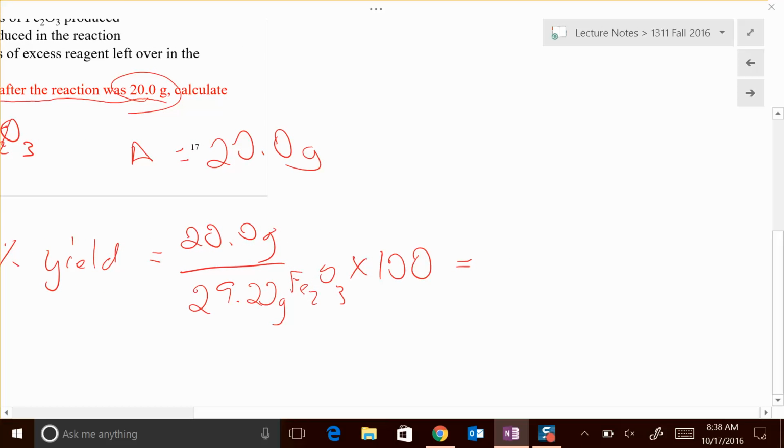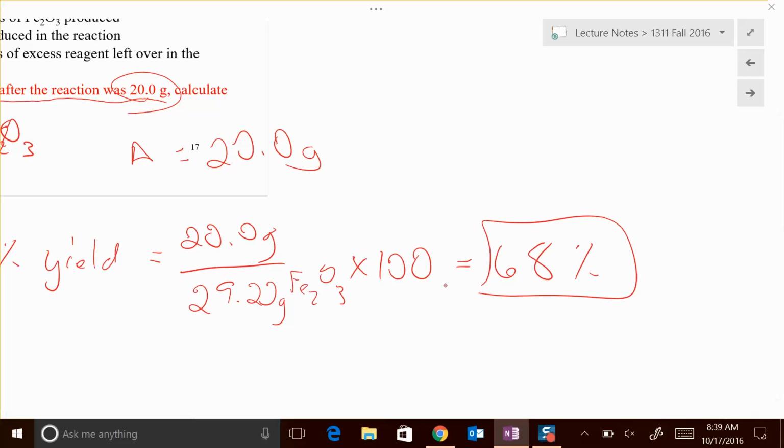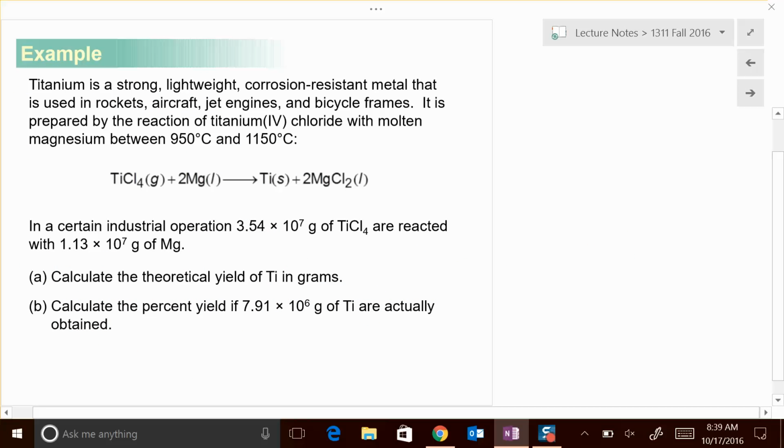0.6844. Can't be point, it has to be 68%. Okay, so just times 100. So 68% is my percent yield for this one. Okay, that's even worse than the other one. So that's how we do these percent yield questions. Okay, so before we get into, let's see, let's